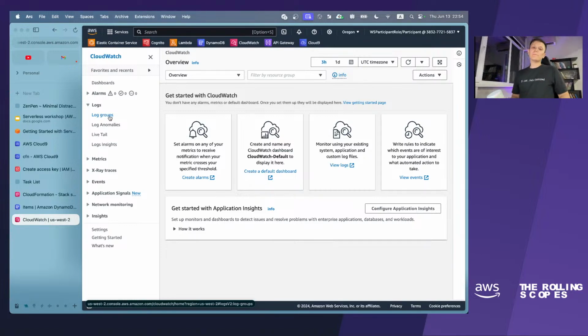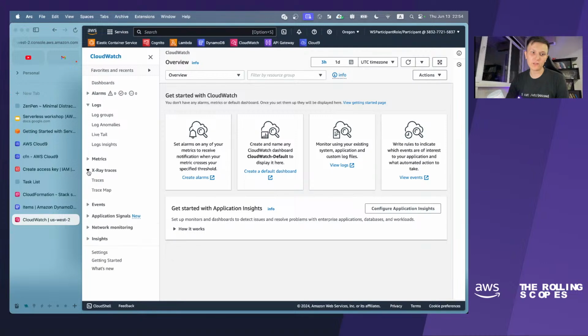Actually, it is a very sophisticated tool which provides you a really broad set of instruments to debug your applications. Like we have metrics, we have X-Ray traces where you can trace the whole path of the request within your cloud. We have some AI-powered stuff like anomaly detection and so on. But the thing that we are interested in right now is very, very simple. It is log groups.